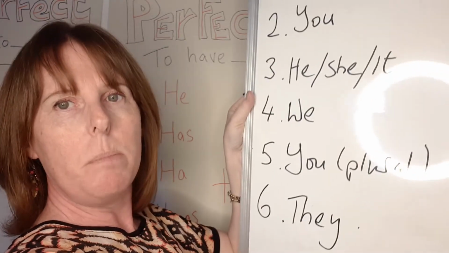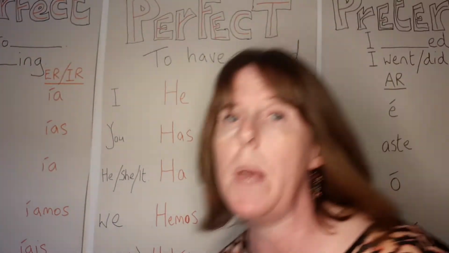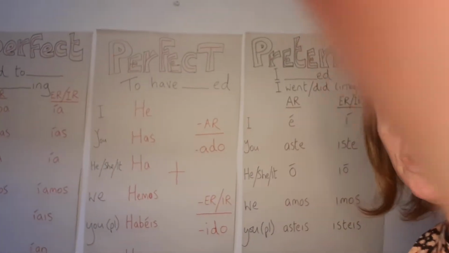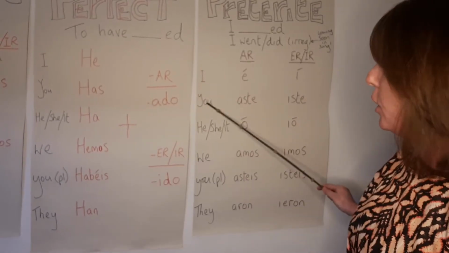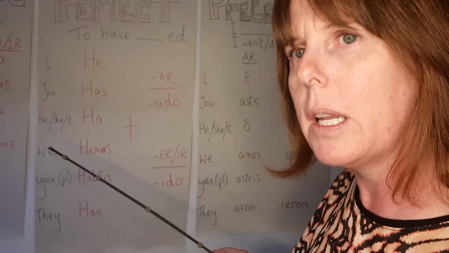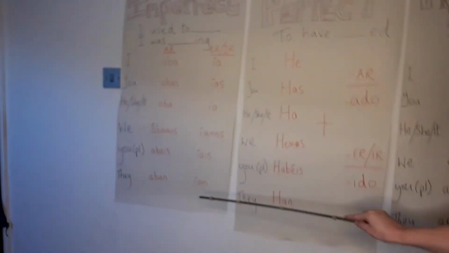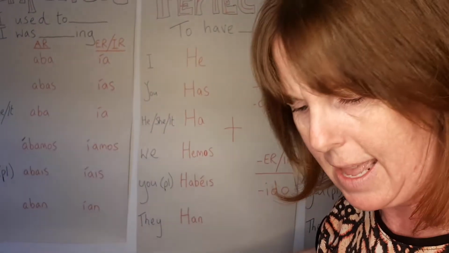Okay, these are the 6 parts of the charts and the songs that I sing. They will always be numbered 1 to 6, top to bottom, okay? So if we just pull that back a bit, hopefully you can see one. I'll look at the preterite one just to point that out. You've got I, you, he, she, it, we, you, they. I and you and he, she and it, we, you, they. They will always be 6 parts. They will always be top to bottom, okay? That is how they are.